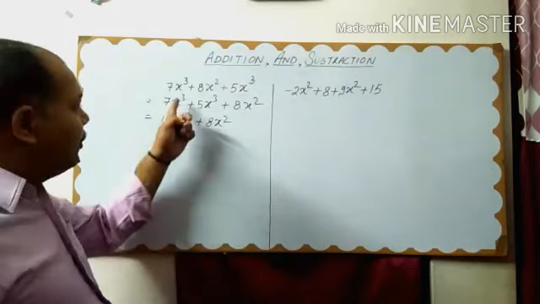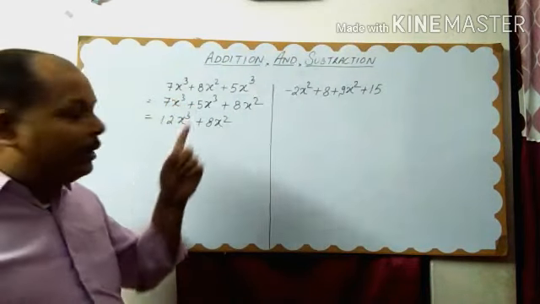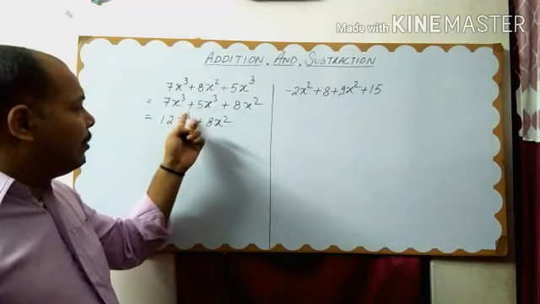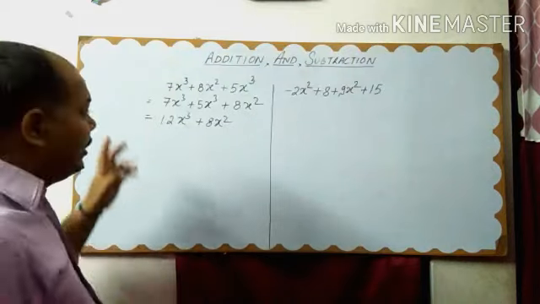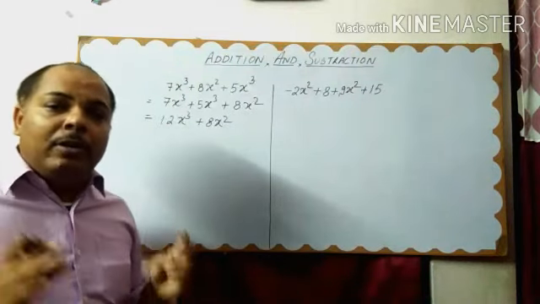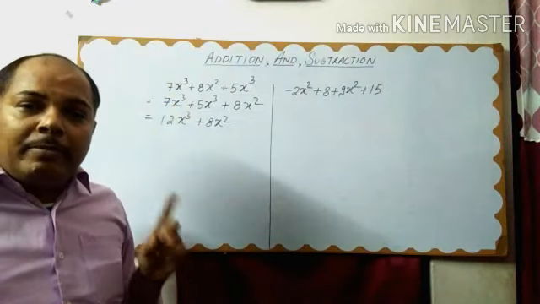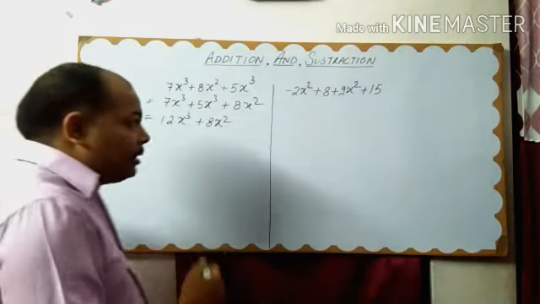Never add the exponent of the like term. आपको exponent, इनके एक्सपोनेंट्स को ऐड नहीं करना है. ऐसा मत करिएगा कि 3 + 3 आप यहाँ पर 6 लिख देंगे, गलत हो जाएगा. ठीक है. Whenever you add or subtract, always add or subtract the numerical coefficient. Clear?